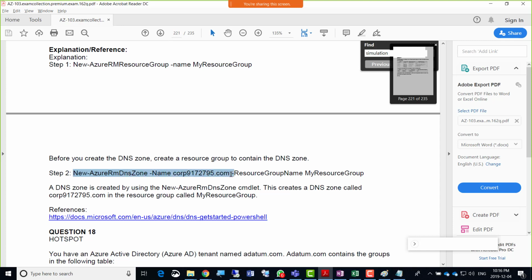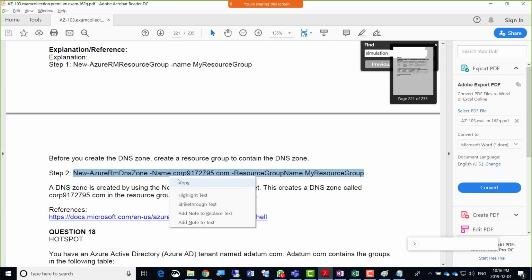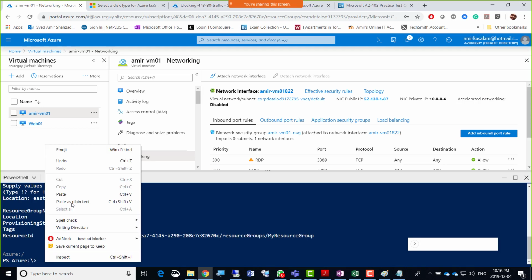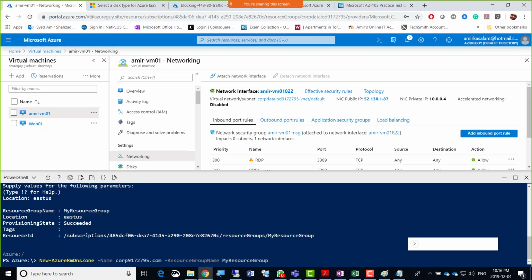Once you put that, then you go for the New-AzureRmDnsZone -Name corp.com. Maybe that's already there, so it might not let you create that. So I'm just gonna add after it a number, 5 1 2, my resource group name, my resource group. So this is a resource group that you already created up there. So it's gonna create inside that DNS zone that the virtual machines can use. So I'm just gonna copy that and right click, paste.